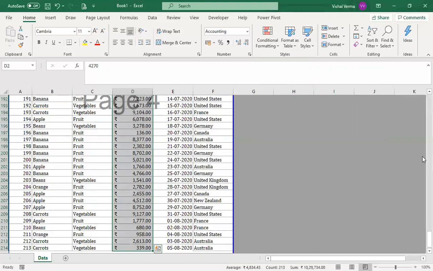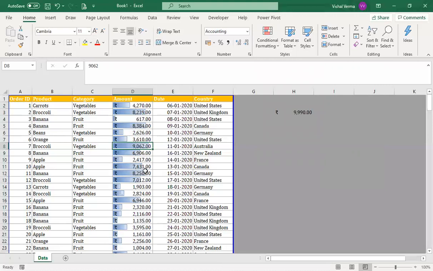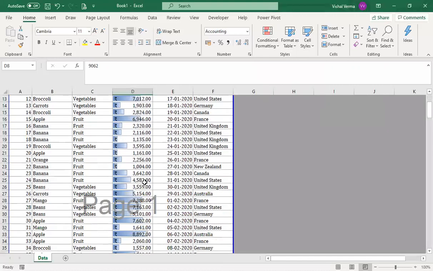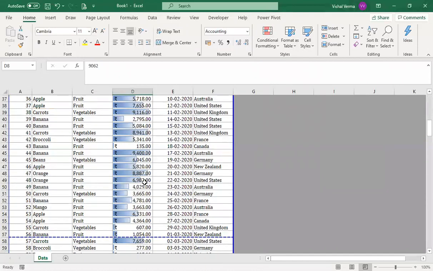Okay. So if you select all the data and go to conditional formatting, data bar, it will show the length of the bar. Okay, so this one is approximately 50%, so you will find it at about half of that. Okay, so if you go to the 9,990, for example 9,060 is more or less completing the fill. Okay, 9,980. Let me search it out where it is.